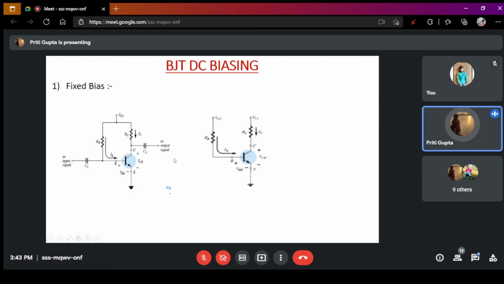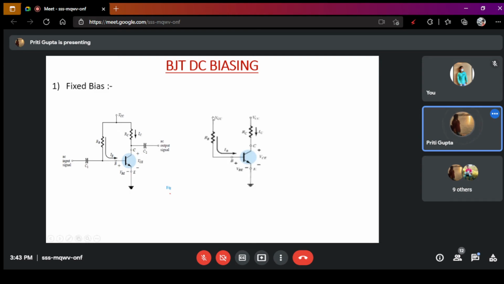Now we are applying DC biasing. So for DC, the value of capacitance, all of you know, is 0. There is no capacitance value in DC. Simply we are omitting these two terminals because C1 and C2 are of no use. So why should we make this circuit unnecessarily bigger? We will compact it as much as we can. So we are removing C1 and C2, and this is my simplest form of the circuit.